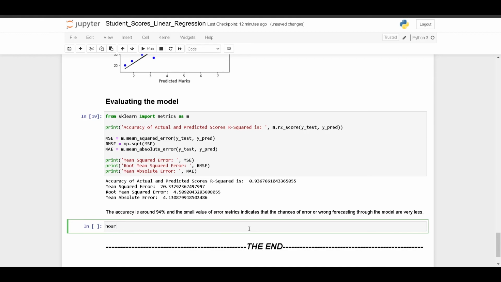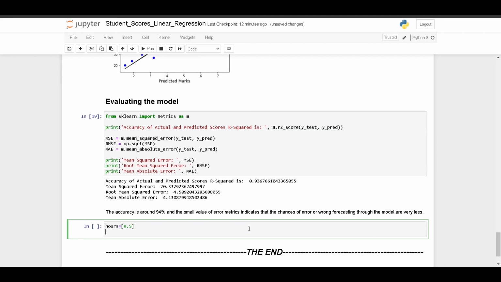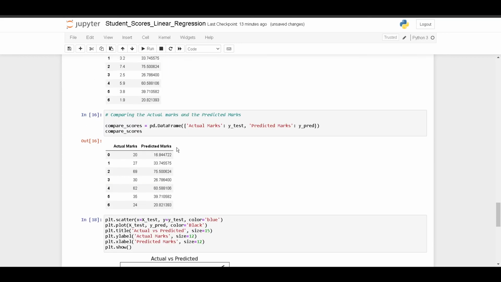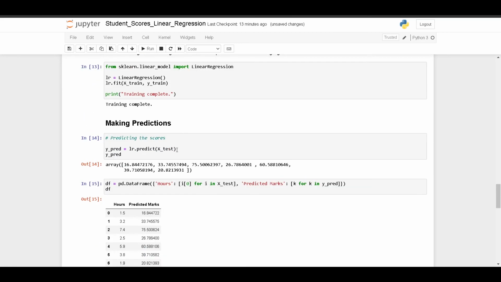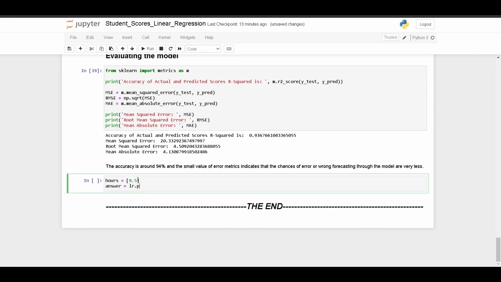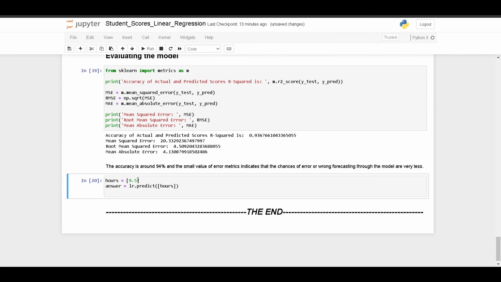We'll just type in 9.5, and I'll store the output in an answer variable. I have stored it in LR, right? Yes, LR. So this should work. Oh, I have not actually printed the value.